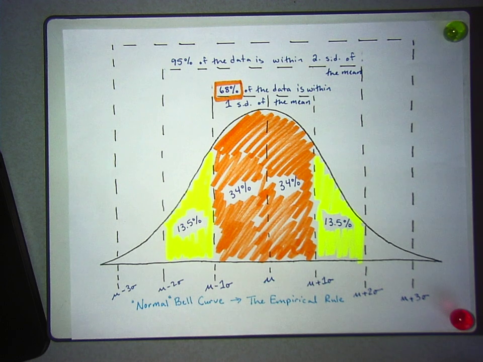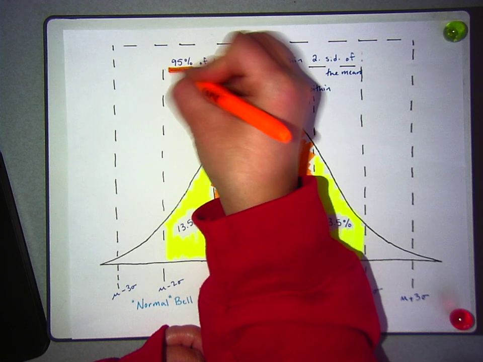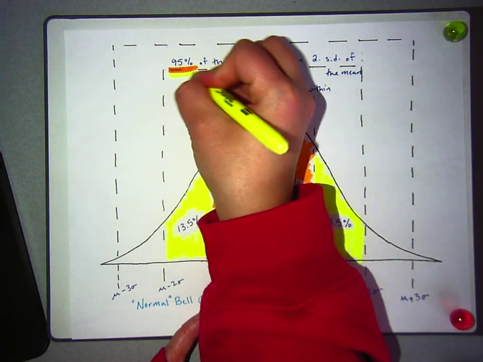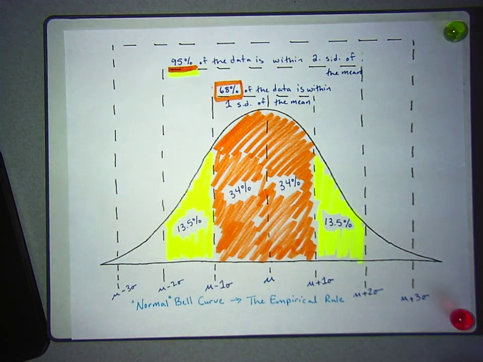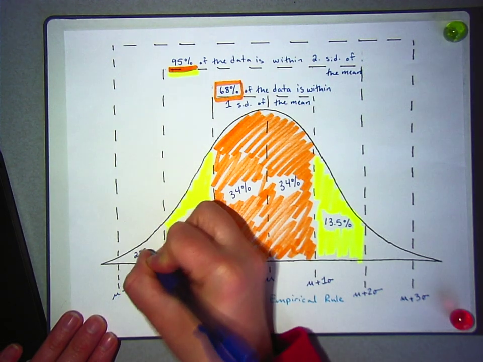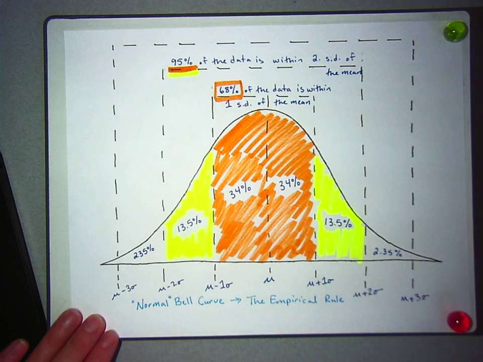Okay, so now what I want you to do is take my middle color and I'm going to underline the 95, but I'm also going to underline it with the second color because I want to show that both colors make up the 95. Does that make sense? So for me, the yellow and the orange make up the 95. Okay. Last one is 2.35%. Make sure when you're coloring the last